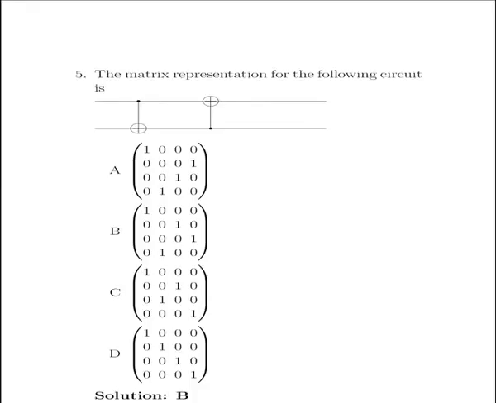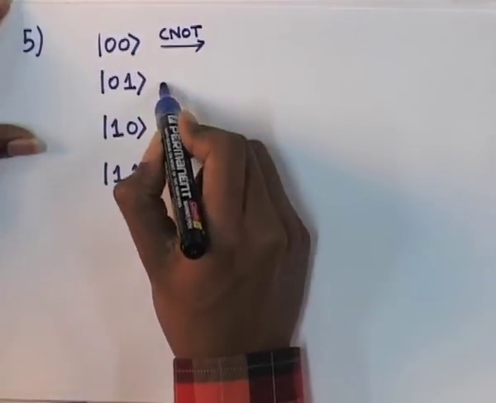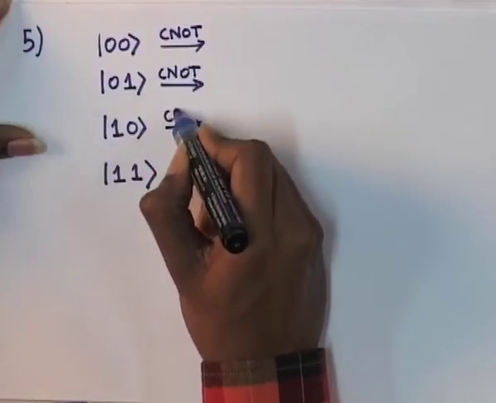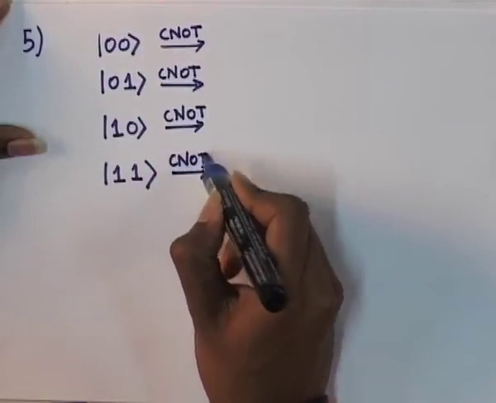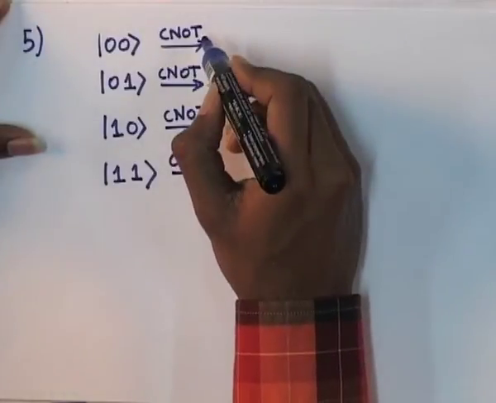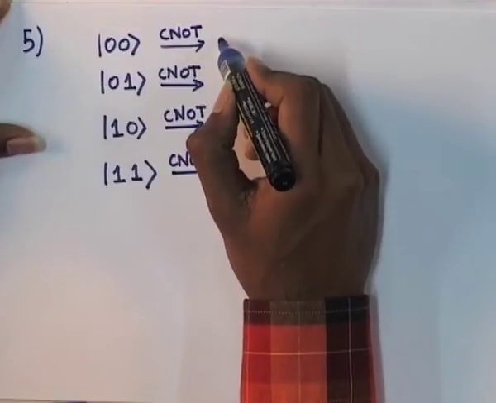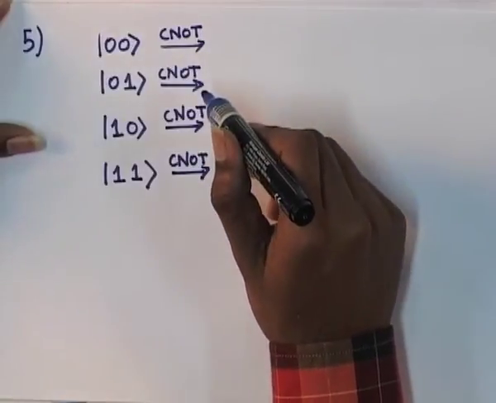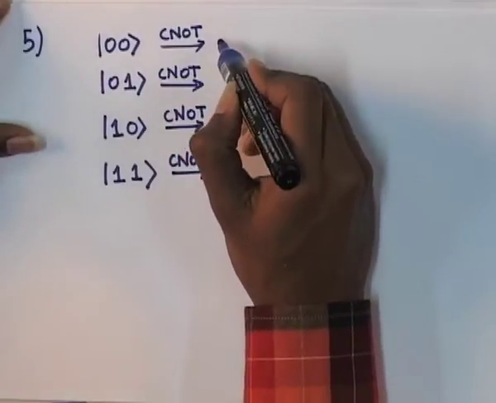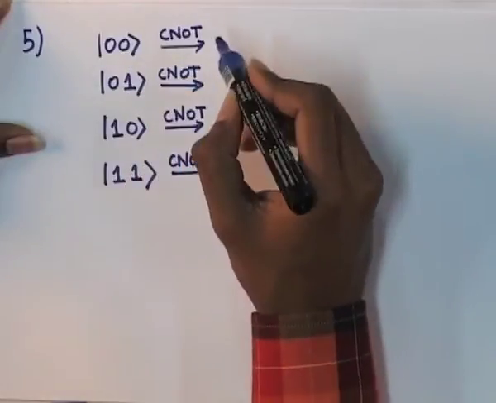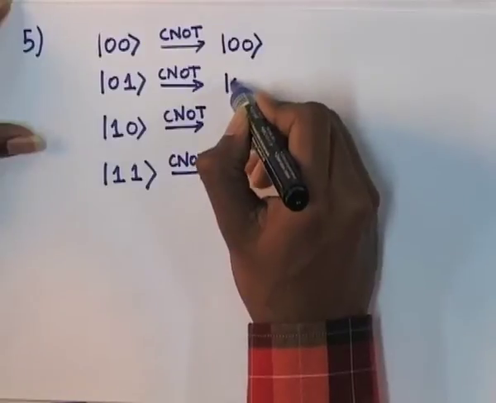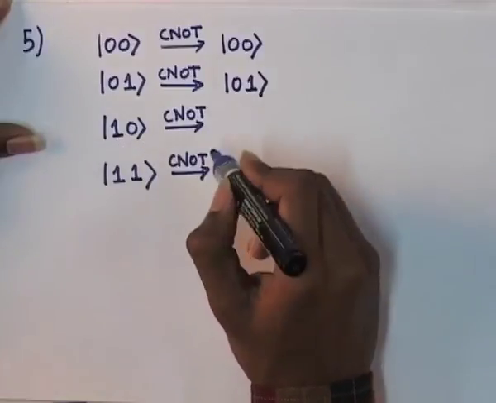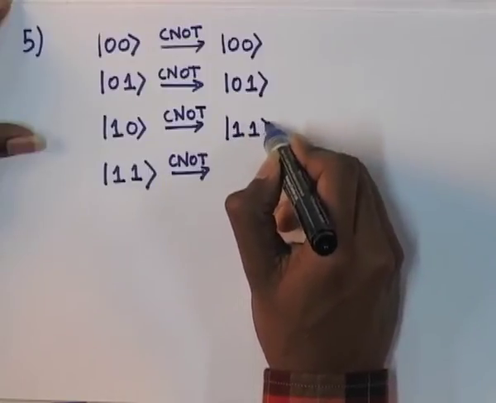So on application of the first CNOT gate, we can see that our control bit is the first qubit, as wherever we have the first qubit as 0, the second qubit doesn't get altered. So we can write those states as they are. And wherever we have the first qubit as 1, which is the control bit in this gate, the second qubit gets flipped. So these states become